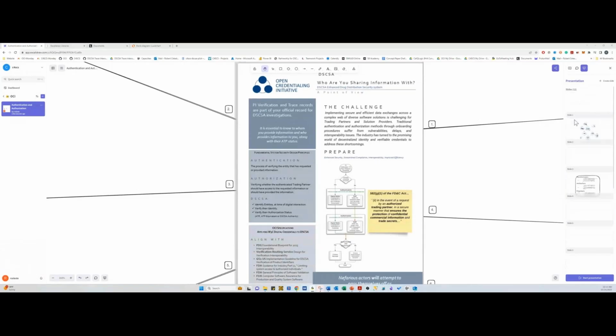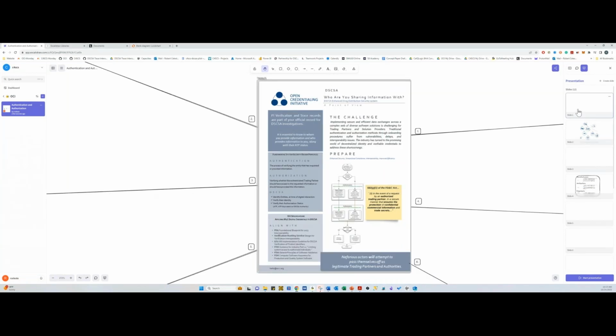So the topic here is authentication and authorization, taking a step back away from some of the details that, if you're a part of PDG or OCI, we've been in, and just taking a broader look at how these tools are used. So first, if we're looking at DSCSA,